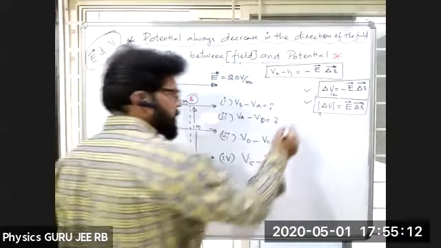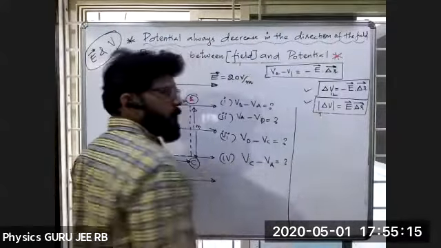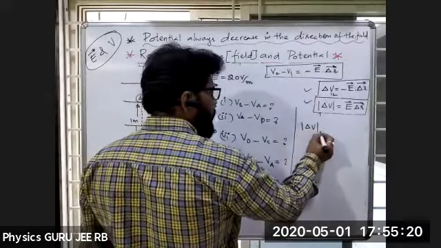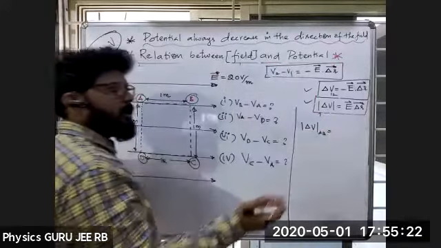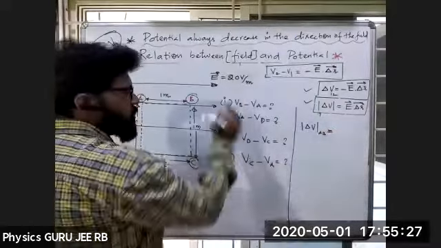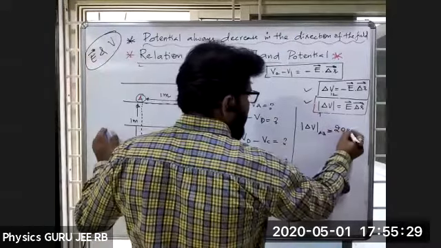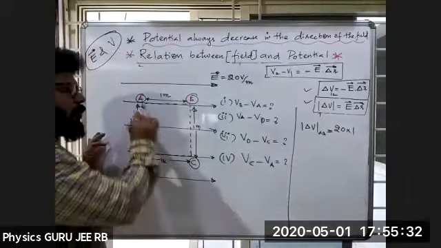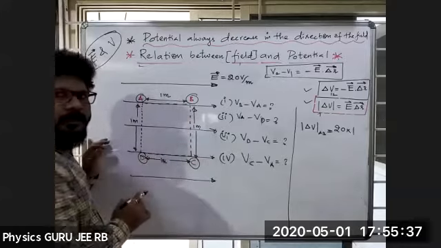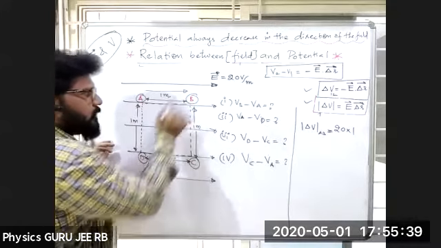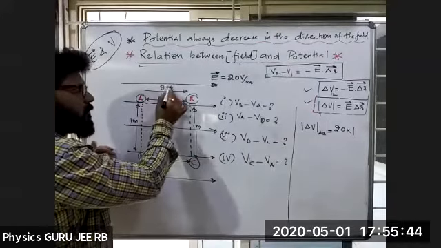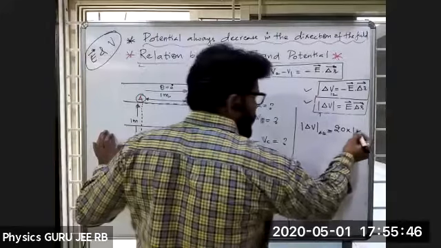So what is the concept? Concept method means first one, magnitude of delta V, magnitude of AB, if I want, equals E into delta R. E into delta R. E is how much? 20. 20 into delta R is 1. If I want B minus A, I have to move from A towards B, in the direction I am moving the charge. If I move in the direction, theta is equal to how much? 0 degrees. So cos 0 is nothing but 1.